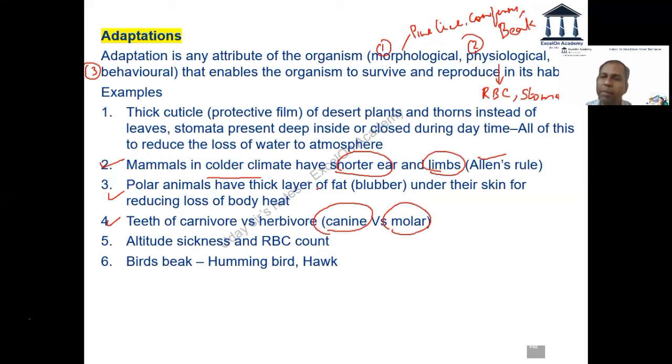Thorns are once again an adaptation and invention of the desert plants, so that they have very limited surface area. So the leaf itself is modified as a thorn, therefore very little surface area, therefore very little transpiration. Therefore, you are able to save water. Okay. So have you heard of these guys called